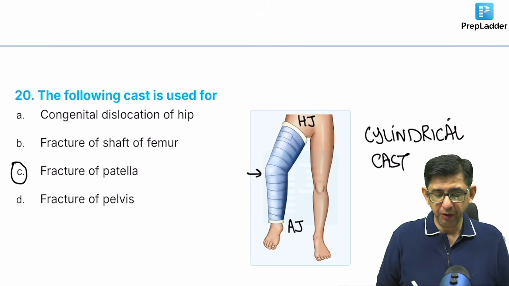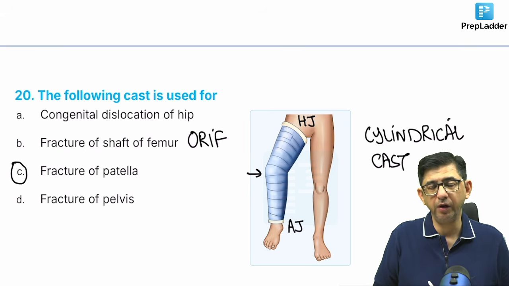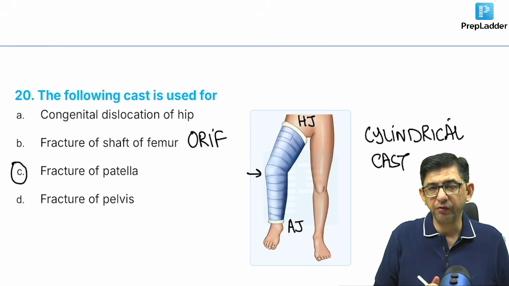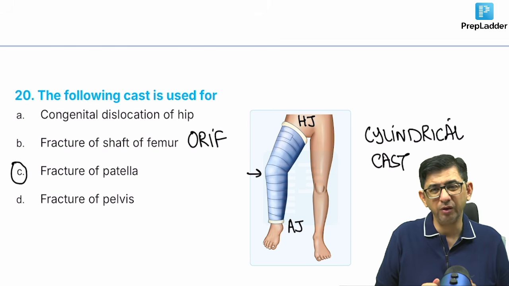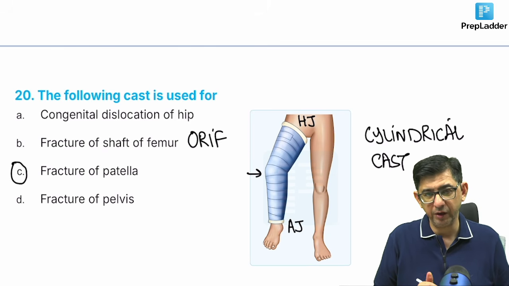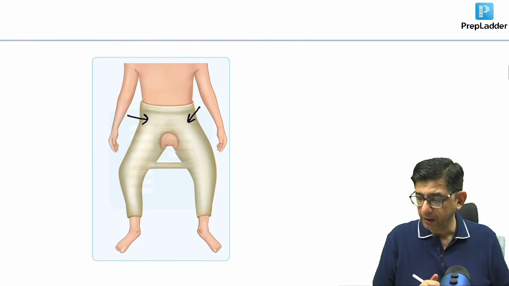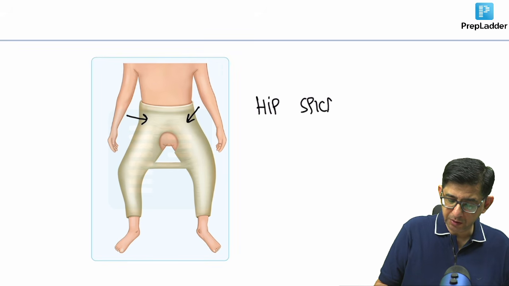In fracture of the shaft of the femur, there is no point in applying such a cast, right? There we would first do ORIF, open reduction and internal fixation, and then try to immobilize the whole leg of the patient. And when it comes to fracture of the pelvis, that is where we might have to put screws again. So this kind of cast would be mainly for fracture of the patella only. I don't think we have to work out exclusion here in this question. It is a direct fact which can be used to remember it, but obviously not to mix it with hip spica. Where do we use hip spica? Hip spica is used in developmental dysplasia of the hip, DDH.